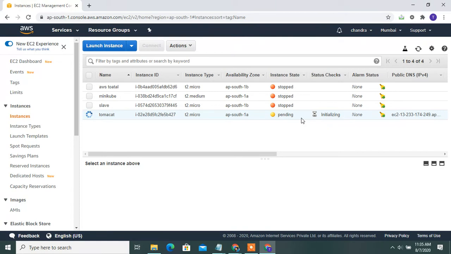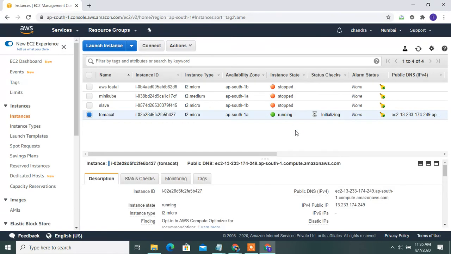Once it is running, see, these are all stopped instances. This one is starting the instance. See, it's running, successfully running. My Tomcat EC2 is running.